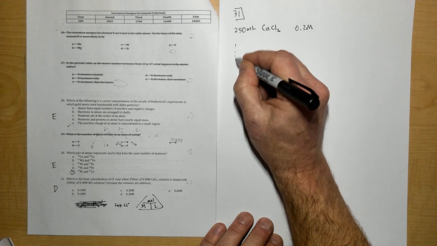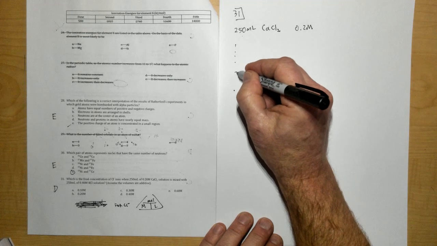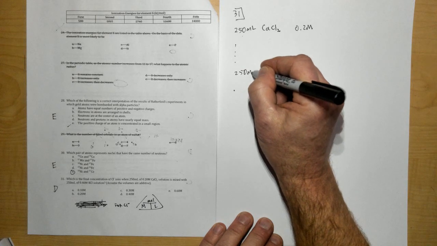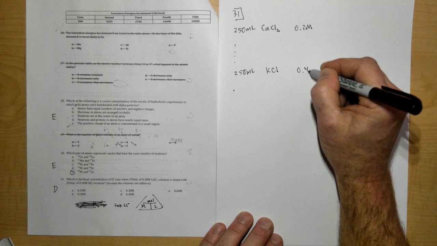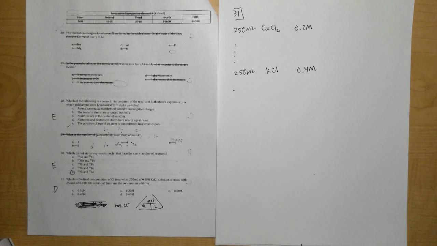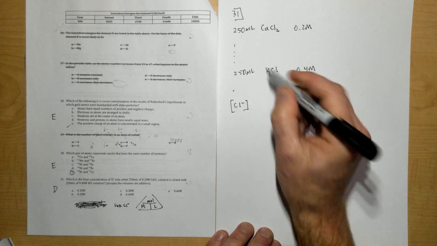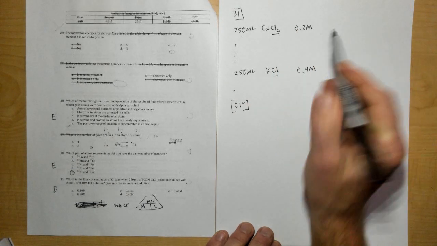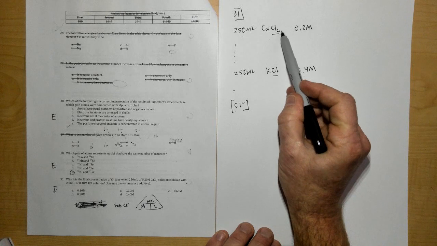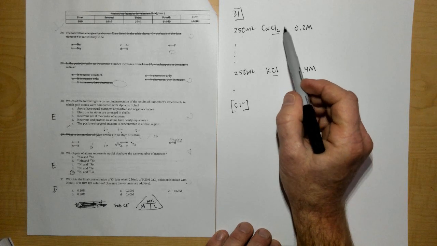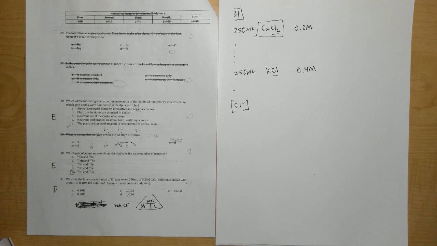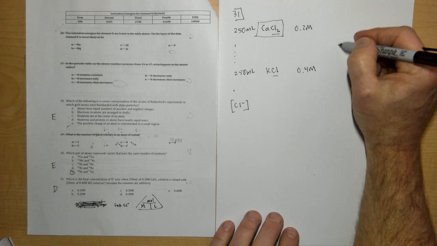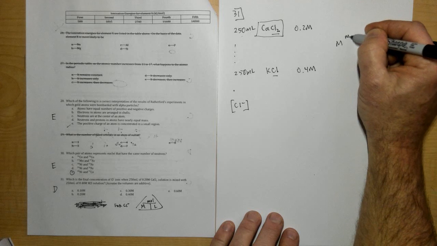And then I'm going to skip down a few lines right here, and I'm going to say I have 250 milliliters of a KCl solution, and this one's 0.4 molar. And it wants to know what's the final concentration of only the chloride ions. It wants to know just these. Tricky once again here, because you're going to get two chlorides for every one formula unit or particle of calcium chloride that dissolves. So the first thing I'm going to do is take my molarity triangle,